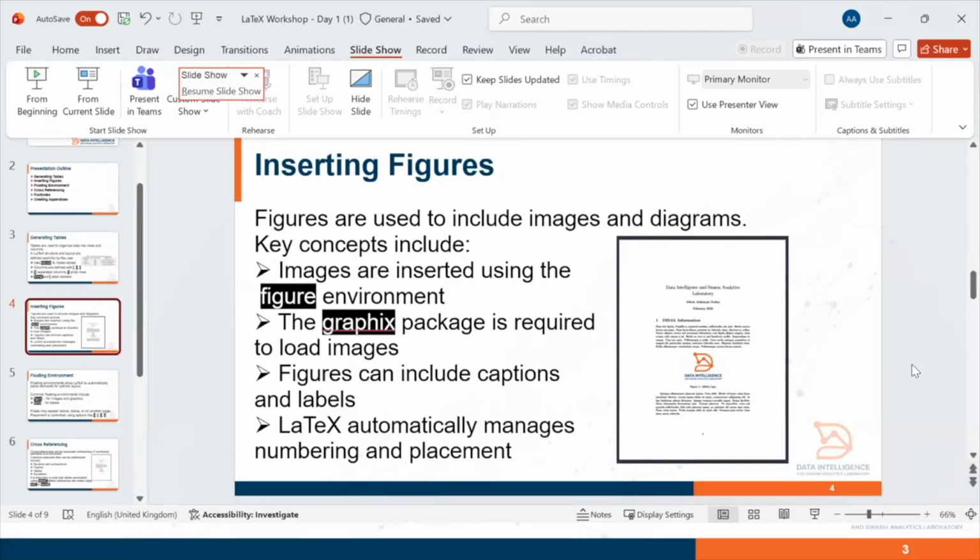And again, this also has to do with the floating environment because LaTeX will automatically put it where it has to be, right? So if you don't want that, you also specify where you want it to be, just like how we described that in the table also. Okay, so let's go back to